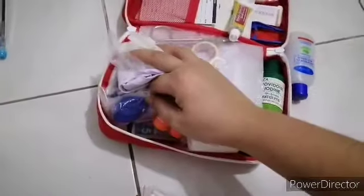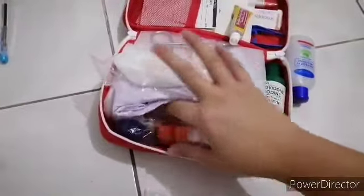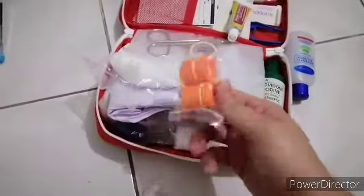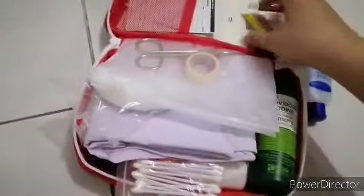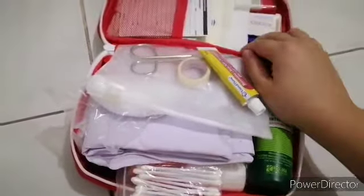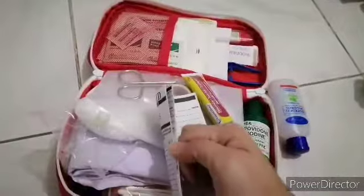Have here a CPR mask as well, face shield, and then tourniquet. Don't use the tourniquet if you are not trained to do so. Have here several gauze pads, tongue depressors, and this one is a guide, first aid guide, to remind you of